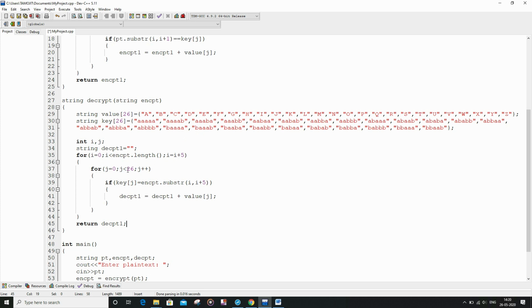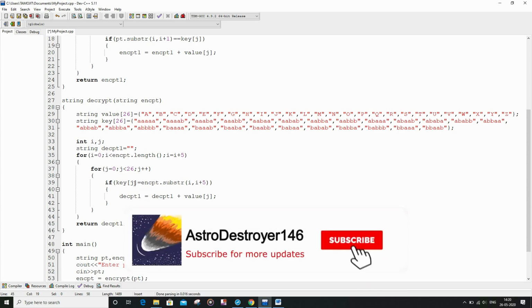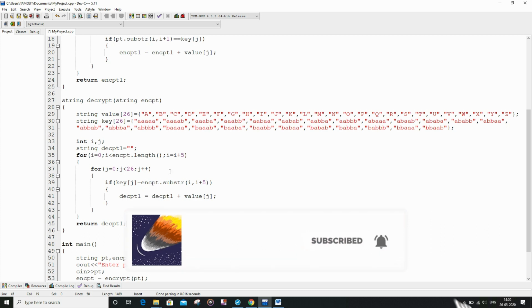The inner for loop is basically going to be iterated 26 times, and if the if condition inside the second for loop is going to be true, suppose key of j equal to encrypt.substr(i, i plus 5). So what does that mean?